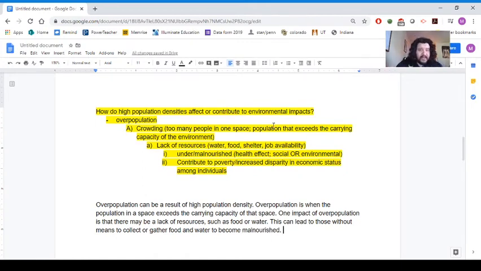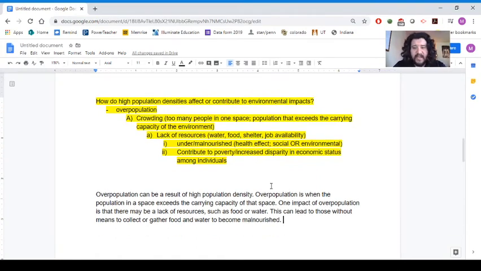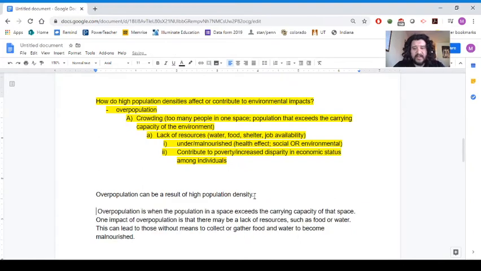And here's at least one kind of lane I can take, right? And I just went through this first lane here, right? Lack of resources, food, water, shelter availability. And I had two different effects that I'd already identified, not because I was trying to identify them, but because I was just thinking through the answers. Now, if I want to make this into an FRQ type question, right, I can separate things out here, because this question might answer something like,